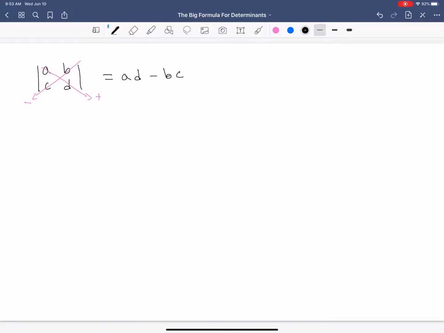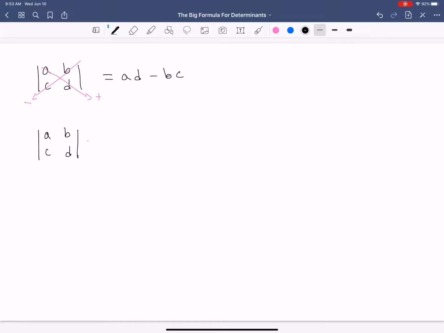Now, I think the 2 by 2 case is very revealing to explain where this formula actually comes from. So far, I've only given you the formula, assuming it is true, and said, okay, this is how you can apply the formula. Now, let's look at the 2 by 2 example a little further and see how it comes from the 3 rules, the first 3 rules that define the determinant for us. So if I look at the matrix A, B, C, D,